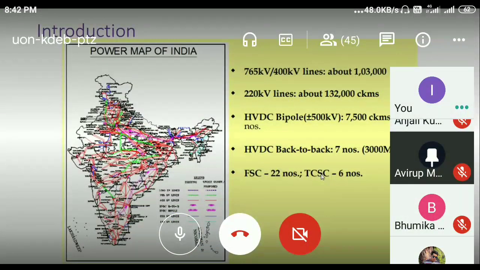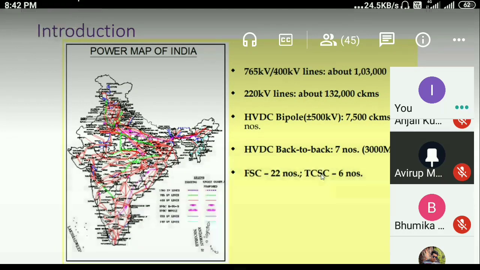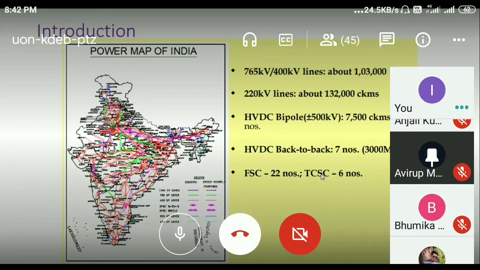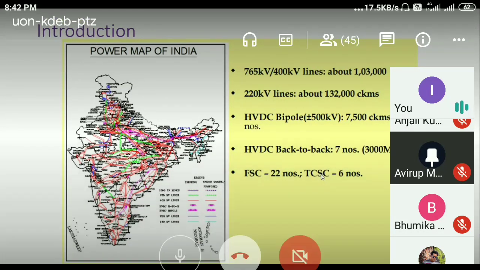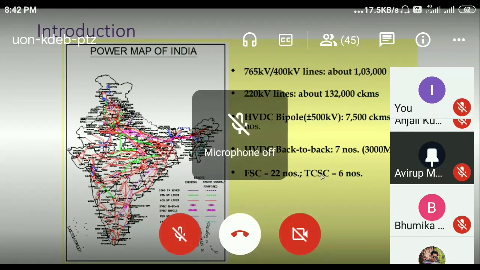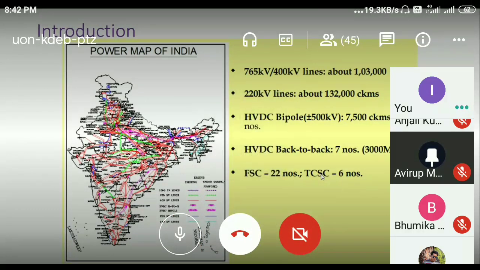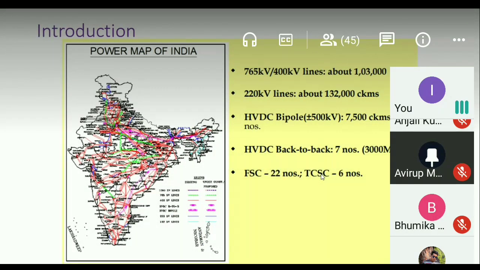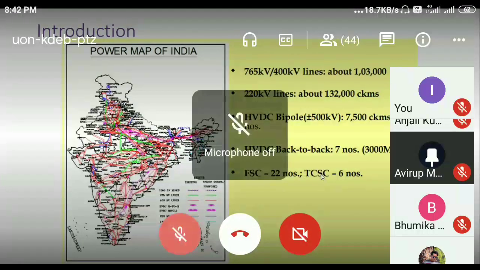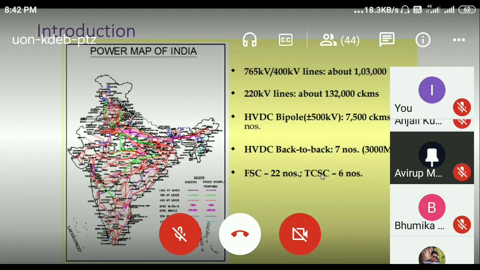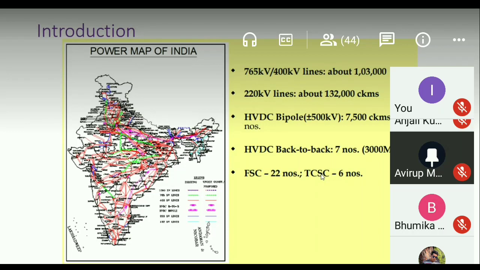You remember we talked about reducing the reactance of the line in order to improve the stability. So what did we use? In order to reduce the reactance, what do you use? You use a capacitor, a series capacitor in series with the line. Agreed? Yes, you remember, I hope, in the last class we talked about installing a series capacitor in order to improve the stability of the system. So TCSC is nothing but a series capacitor.